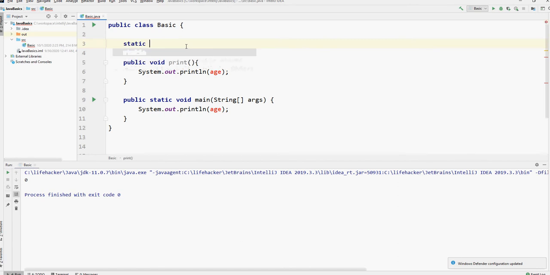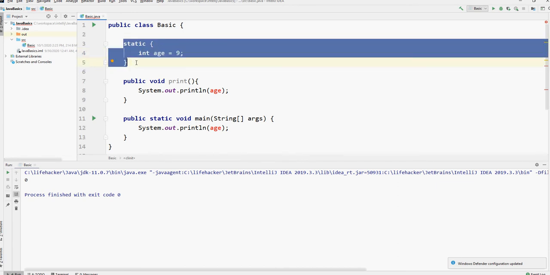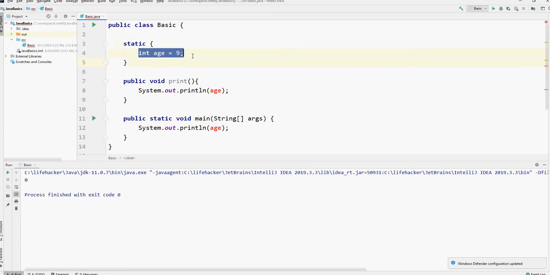If you have a block like this and you have int age equals 9, the lifespan of this variable will start from the time it was declared here on line 4 and it will end here. When this block of code gets executed, this variable no longer exists in memory.